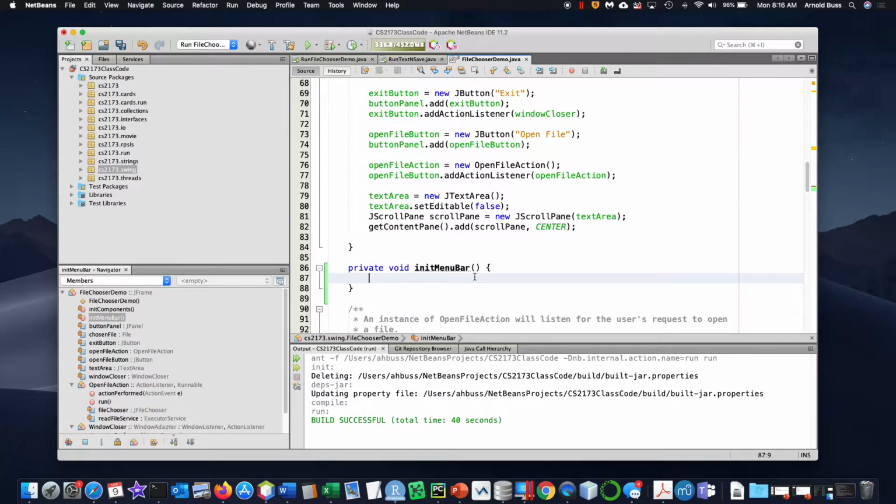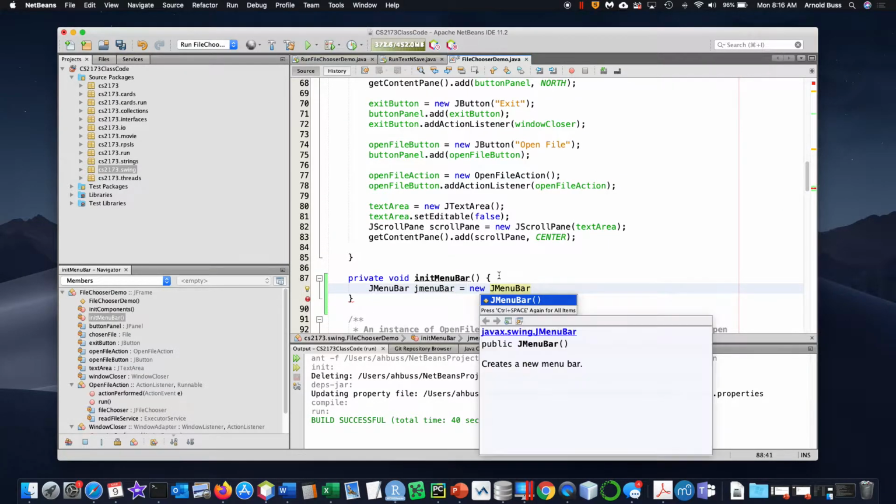And now the thing is that for these menu items, the main thing is how they interact with these action listeners. And so there isn't necessarily any need to make them instance variables. In other words, so the outermost